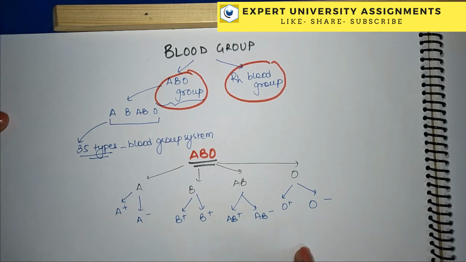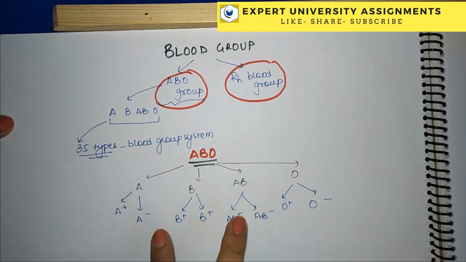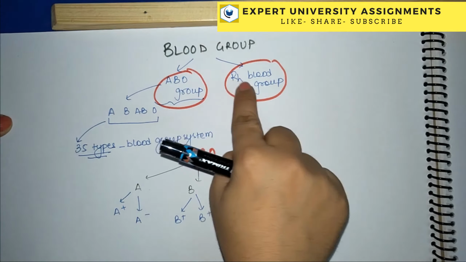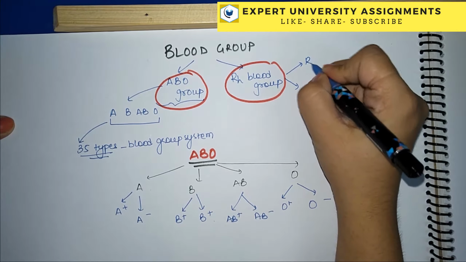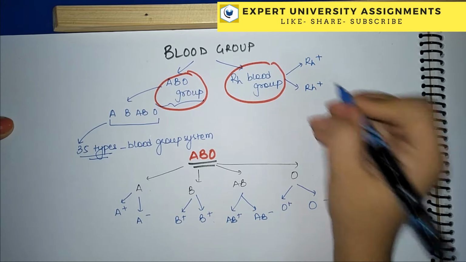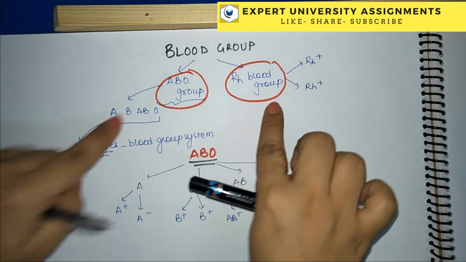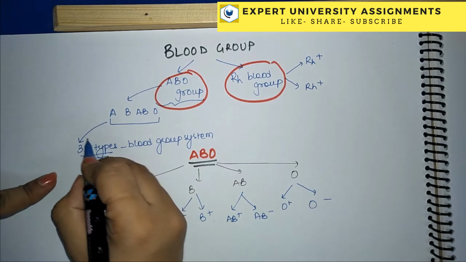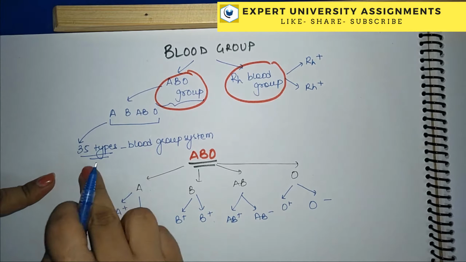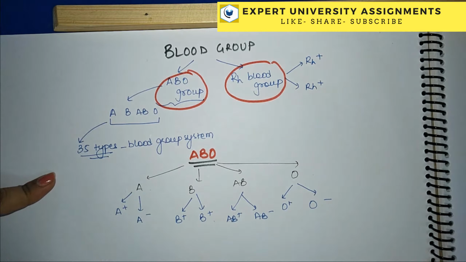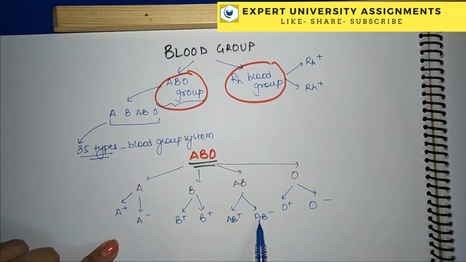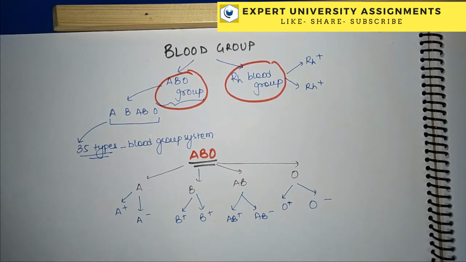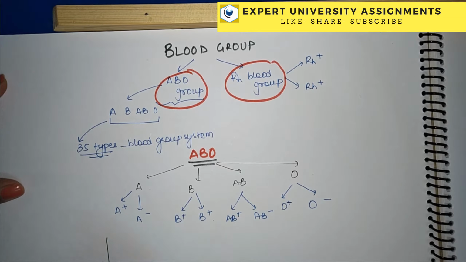So all these combinations are only possible when we are merging two systems, the ABO blood group system and the RH blood group system, because in case of RH, we classify blood group as either RH positive or RH negative. So combining both, when we study the human blood group system, despite the fact there are 35 types on which the blood group can be identified, we have only chosen these because they are the common ones. So it can be classified as A positive, A negative, B positive, B negative, AB positive, AB negative, O positive and O negative.